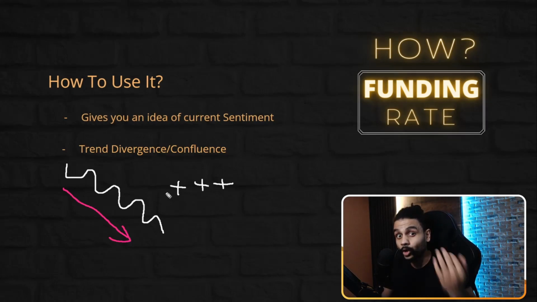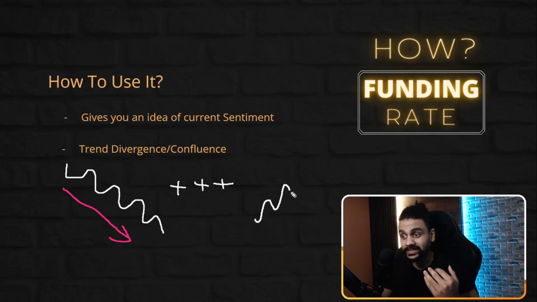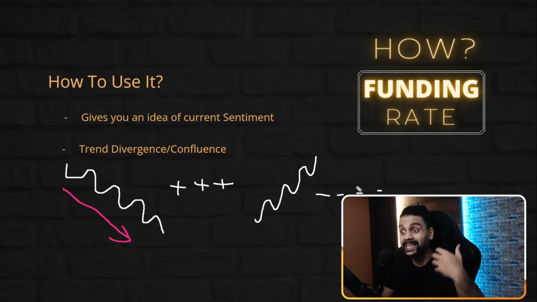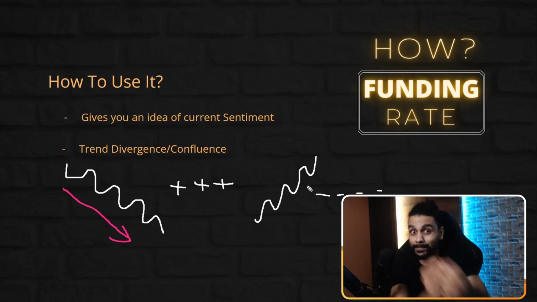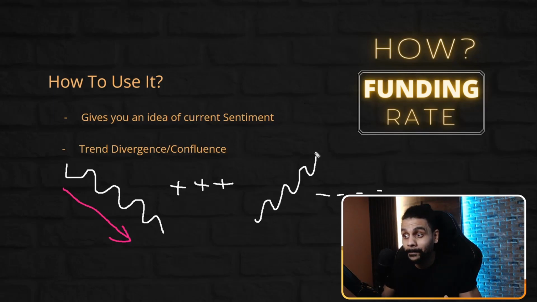Now, the opposite is also true. If we see price trend towards the upside while funding is negative, this isn't an environment where I would want to be in a short position. And in fact, if I were already in a long position, I would be more likely to hold on to that position because one, I'm getting paid for that position, and two, these short positions are going to be feeling a lot of pressure to let go of their short positions, and to let go of those positions, they would essentially be adding buy pressure onto the market in an already uptrend, and this could cause an impulsive move towards